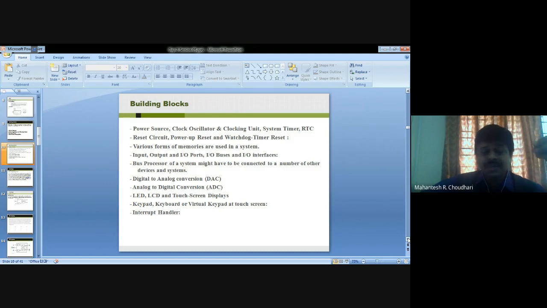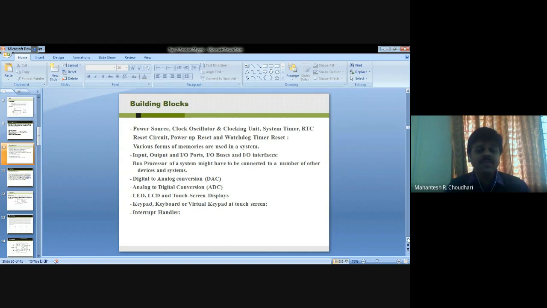A reset can be based on a reset switch, a reset instruction, a power up reset, or a watchdog reset, and they can start from the same starting instruction or from different starting instructions.